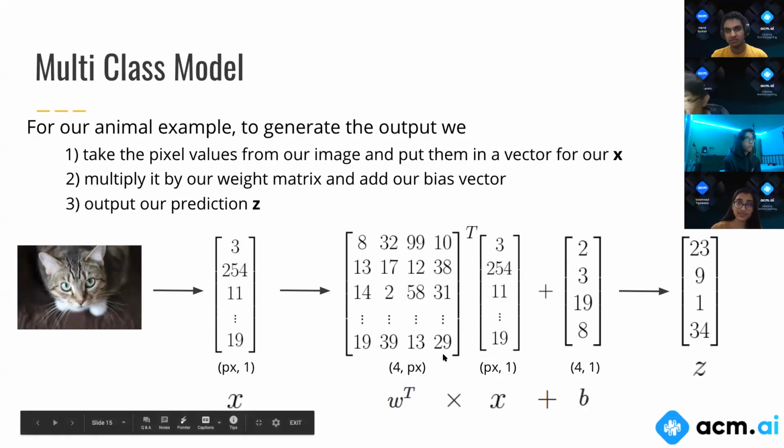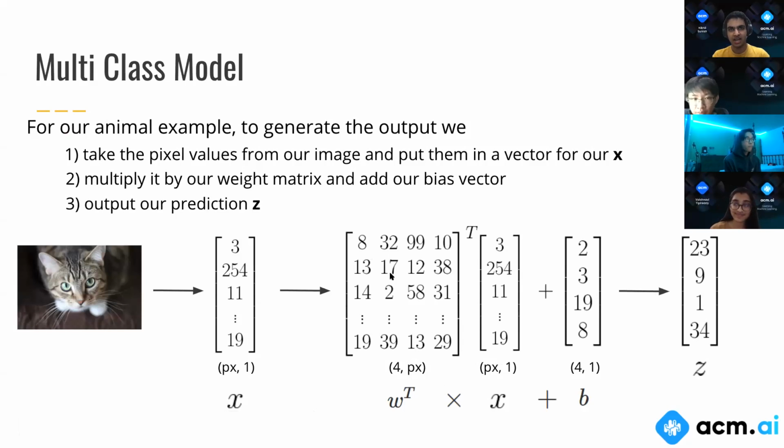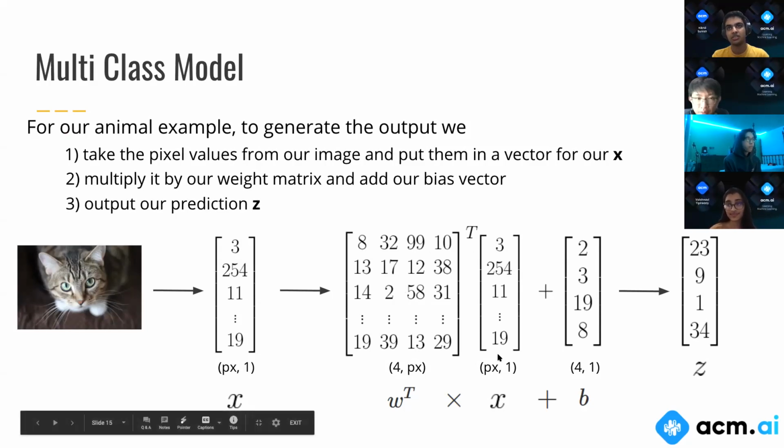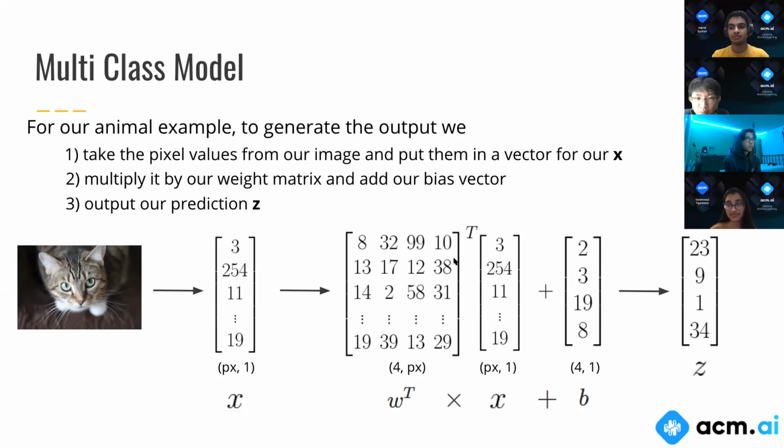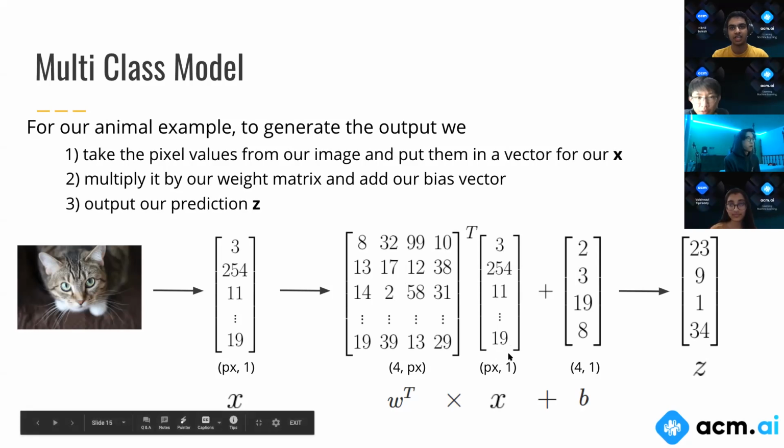But the better explanation for why it works is that, in matrix multiplication, you basically multiply this whole row by this column. So, like a linear combination. Yeah, linear combination. So like 8 times 3, 32 times 254, 99 times 11, 10. Actually, in this case, this is a transpose of that. So